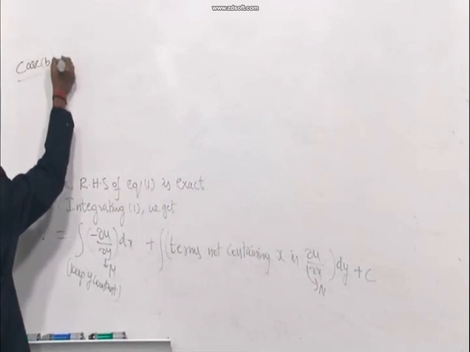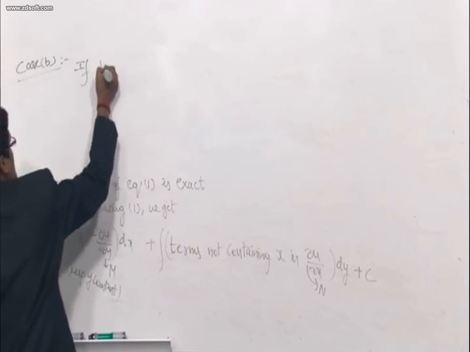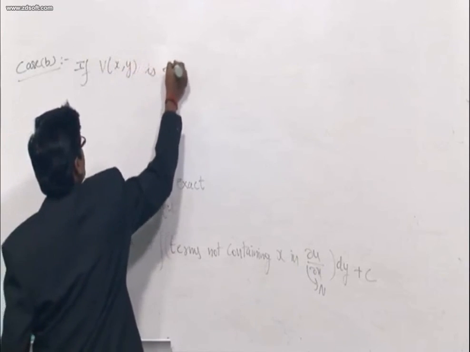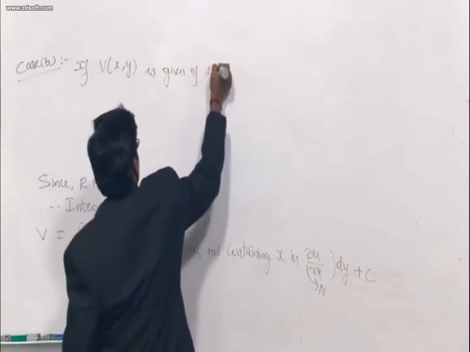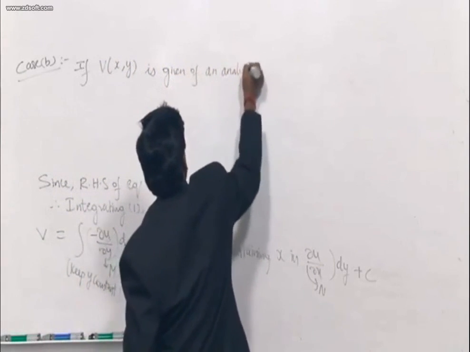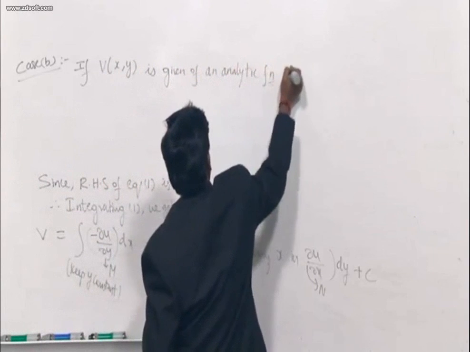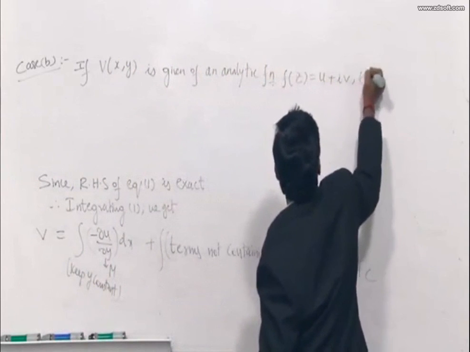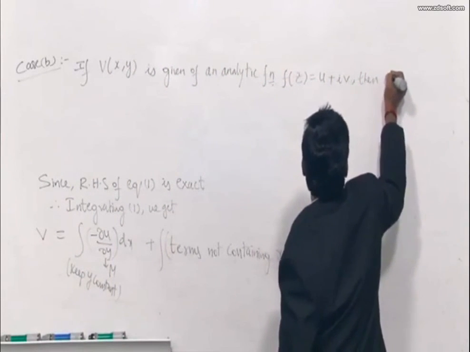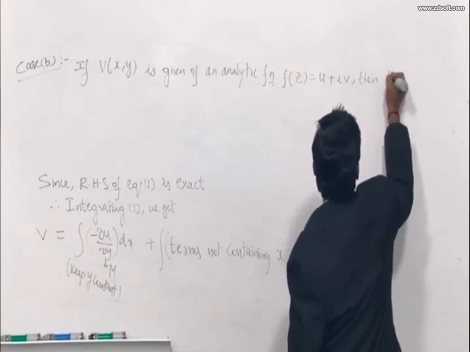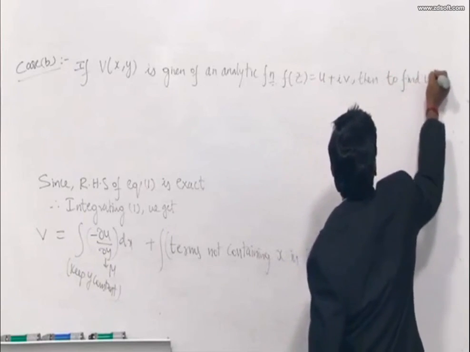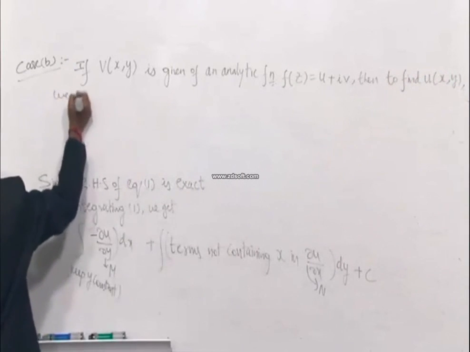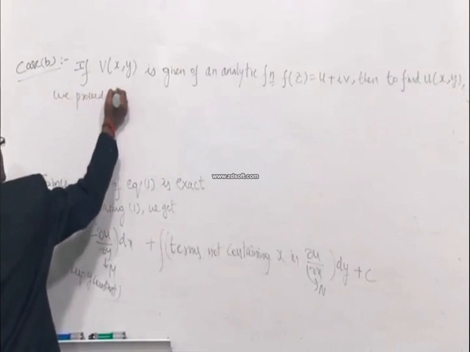Case B. If v of x comma y is given of an analytic function f of z is equal to u plus iv, then to find u of x comma y, we proceed as follows,